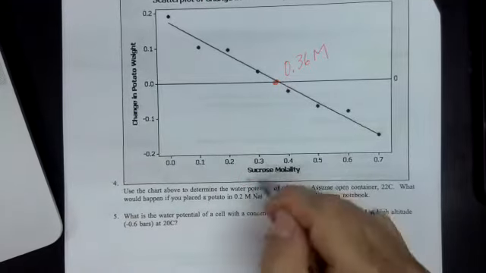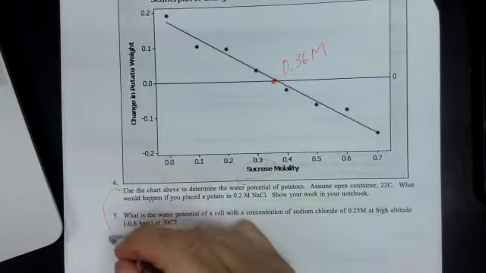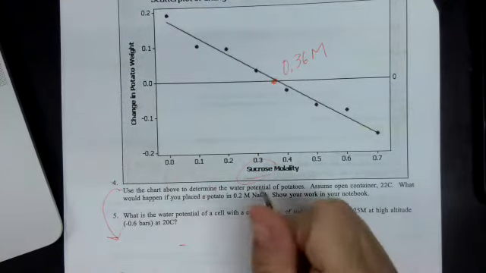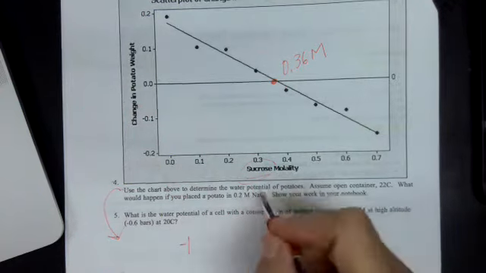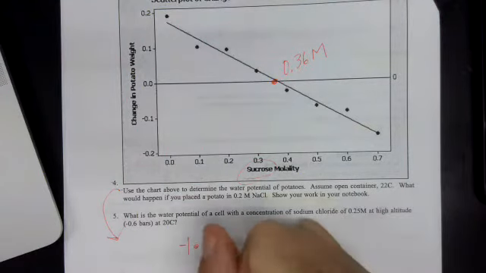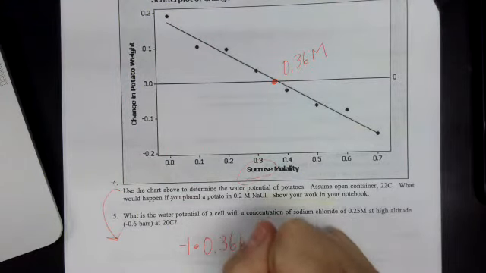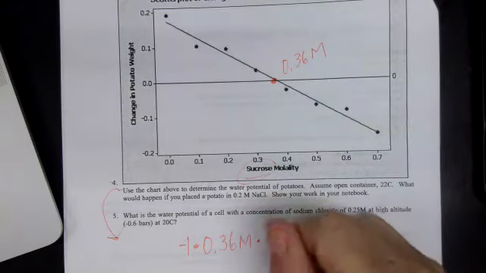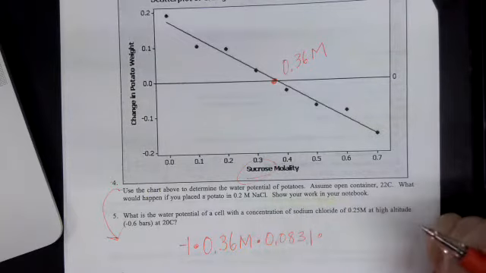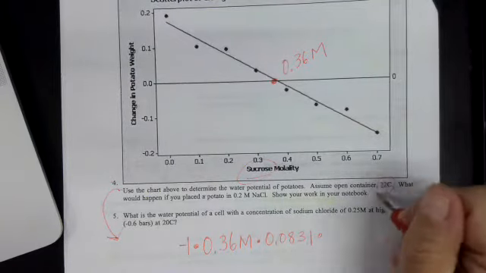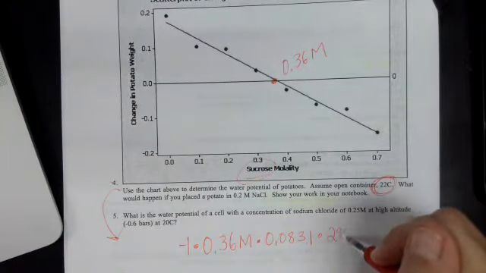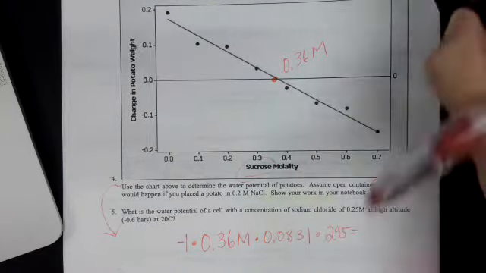So we're dealing with sucrose here. I'm going to drop this down here. And we have a -1 because we're looking at sucrose first. This has sodium chloride later in the problem, times the molar concentration, which we just calculated to be 0.36 molar, times the pressure constant, 0.0831, times our temperature in degrees Kelvin. So that looks like it's 22 plus 273, 295. And all of that is going to be equal to